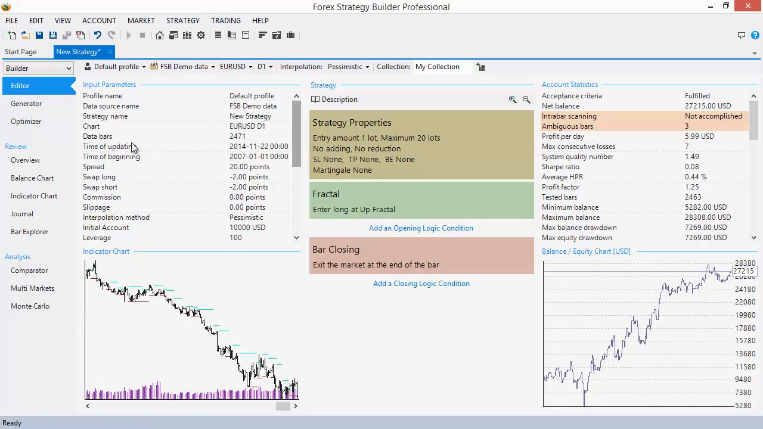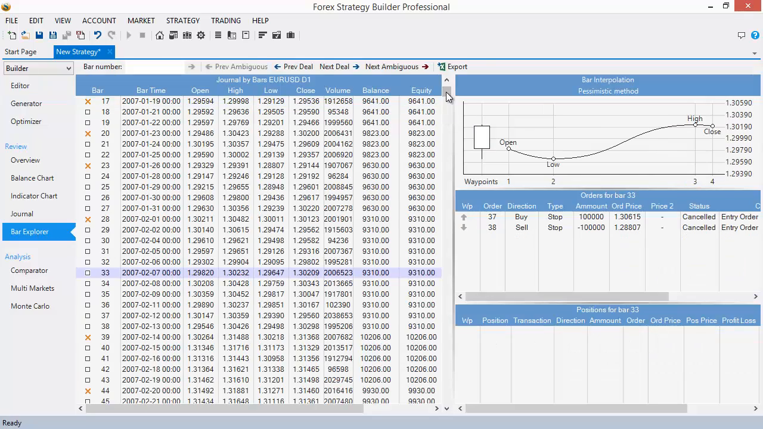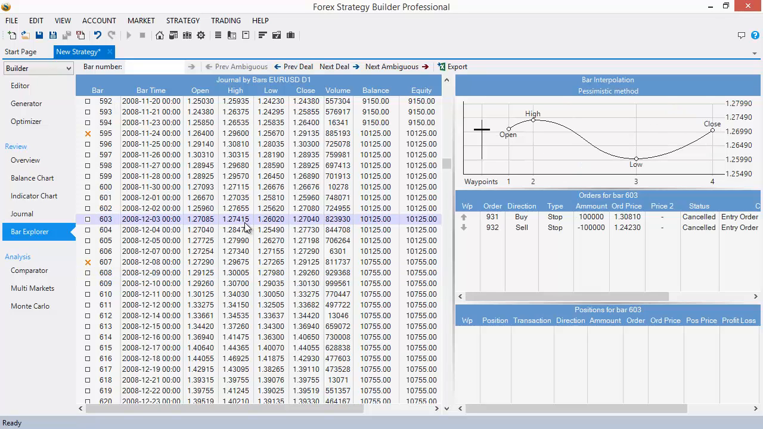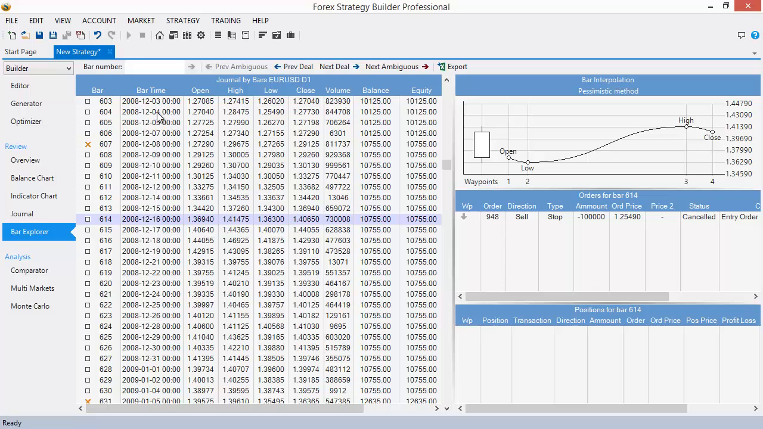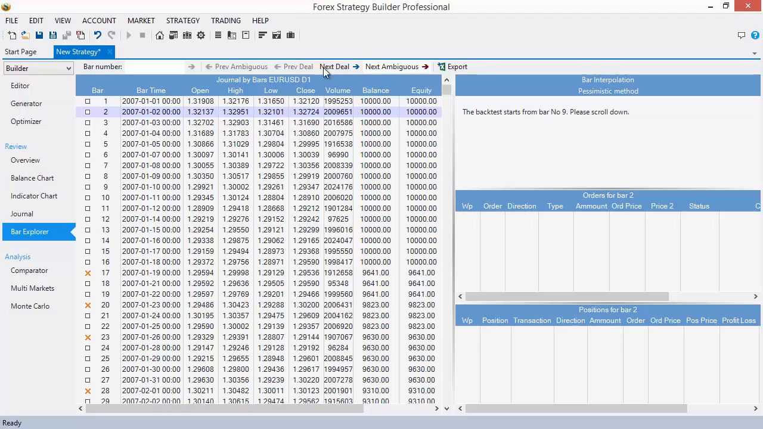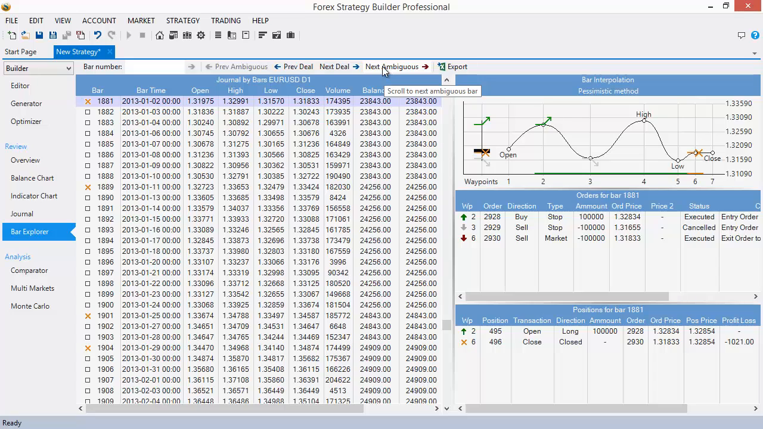We can see that in Bar Explorer. Bar Explorer shows the statistical data: open, high, low, close prices, and here we have bar interpolation. Also we have the orders and the positions during this bar, and also here we have buttons for easier navigation. Let's find an ambiguous bar. This bar is number